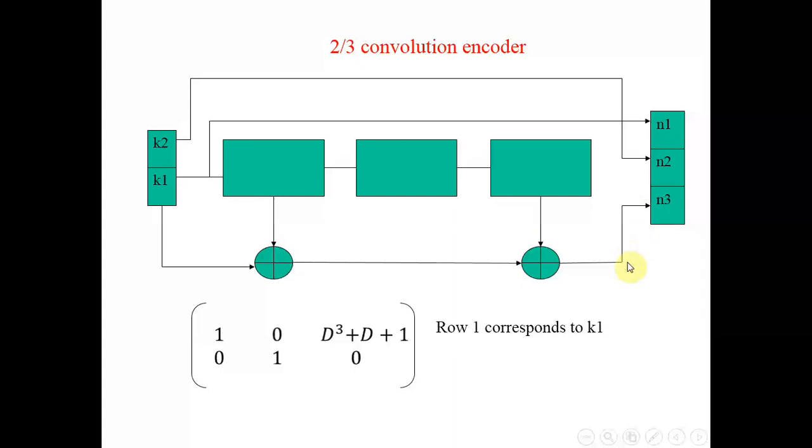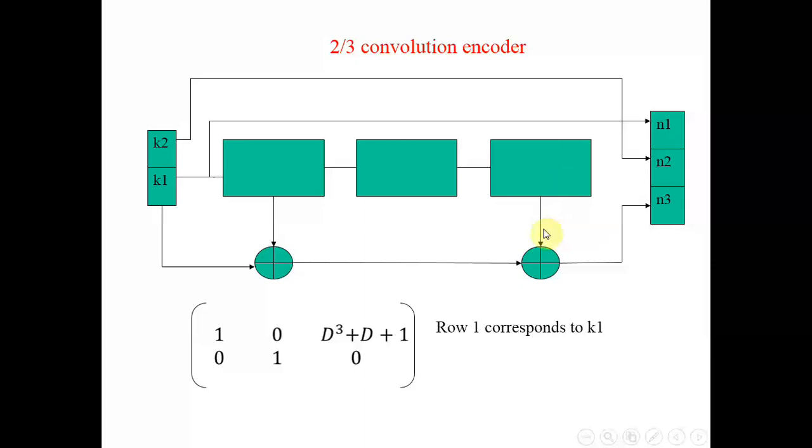And now K1 to N3. You refer to this arrow. So it is K1 which is coming here, which is 1. Then it is D here, right? Delay of 1. Then D square is not in the picture, and you have D cube. So D cube, because this K1 is coming here, then the K1 is delayed and it is coming here. K1 is delayed one more time but no connection. K1 is delayed one more time.